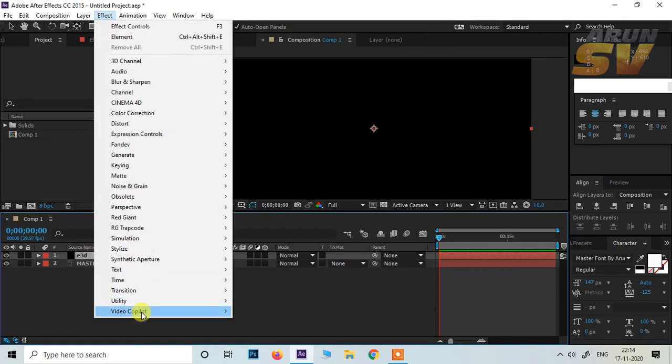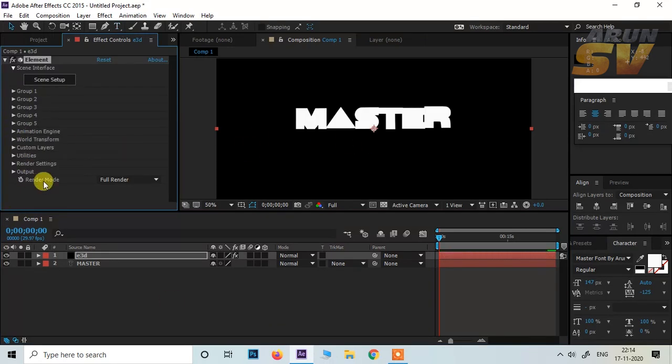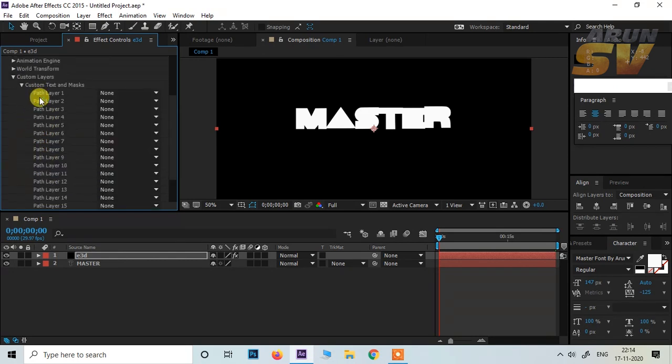Then go to effects and go to Video Copilot and select element. We apply the element plugin and go to custom layers below the world transform. Then click the text and then create the first path to the text layer.